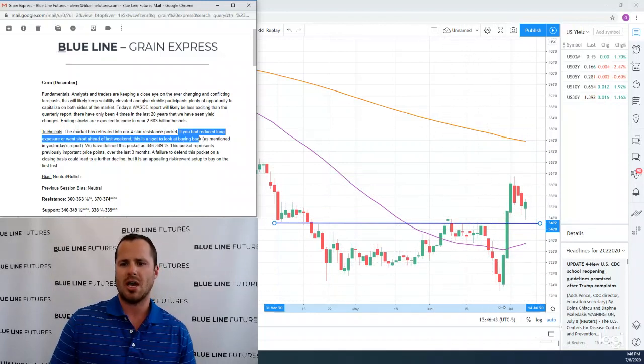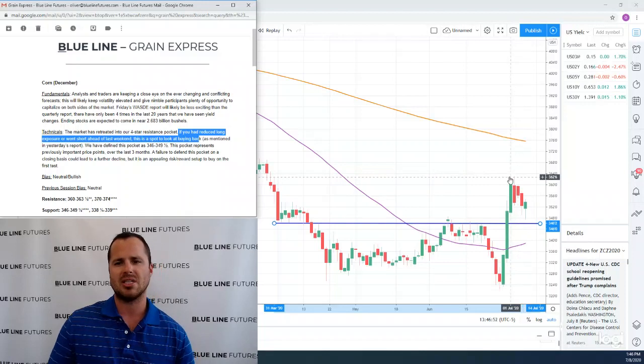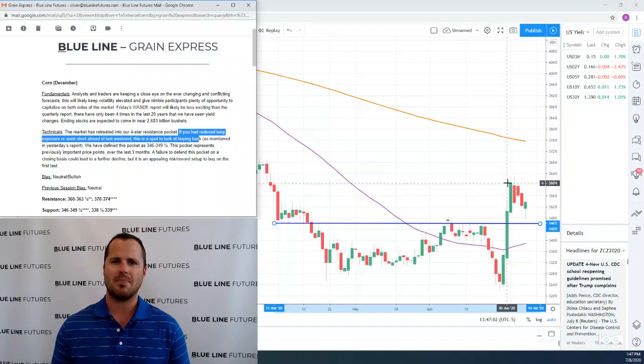We're starting to mark higher lows and higher highs. The next line in the sand that the bulls really want to get a closeout above is the recent top end of the range. That comes in 360 to 363.5. A conviction closeout above that pocket encourages additional short covering from the funds, but it might take us quite a bit to get up there, and we're not really looking for that big breakout move here in the next couple